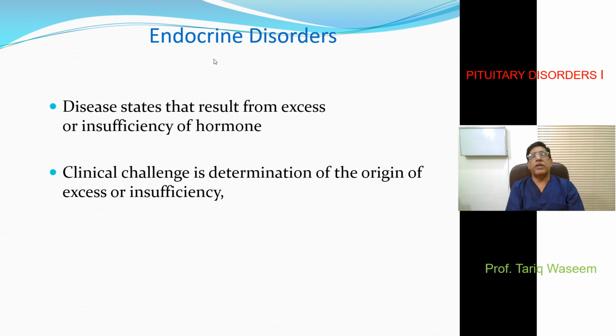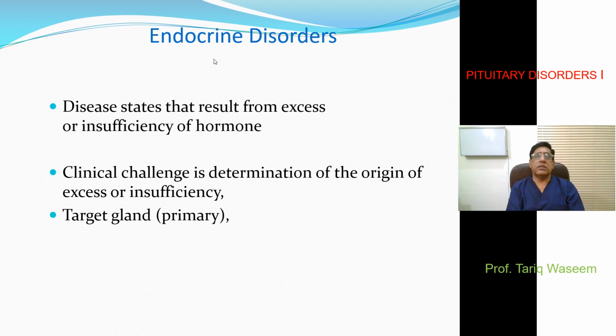Whenever there is an endocrine disorder, which would be either an excess production of a hormone or a deficient or insufficient production of a hormone, we have to ask what the clinical effect of that deficiency or excess is, and of course why this occurred, which organ was at fault that resulted in the increased or decreased production, and sometimes decreased effect, of that very hormone.